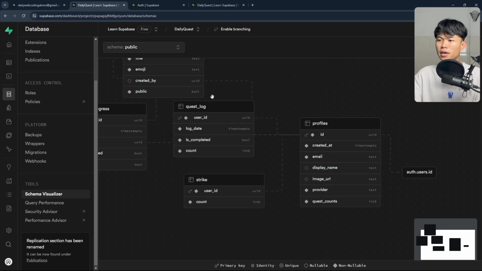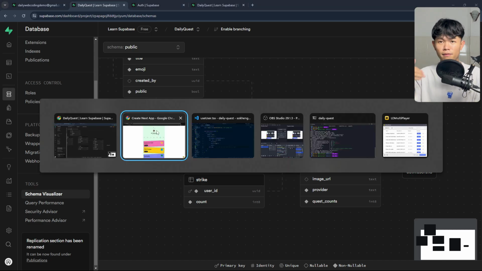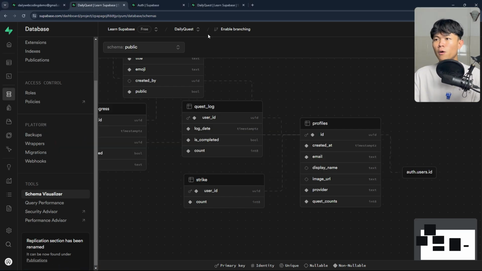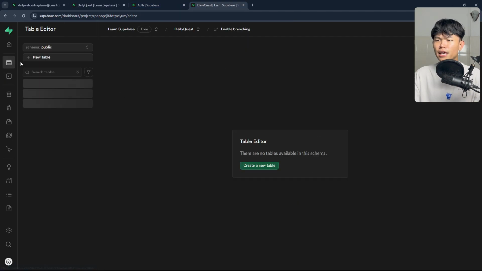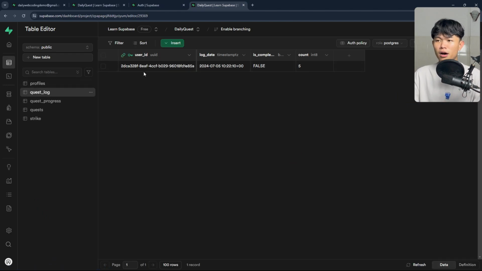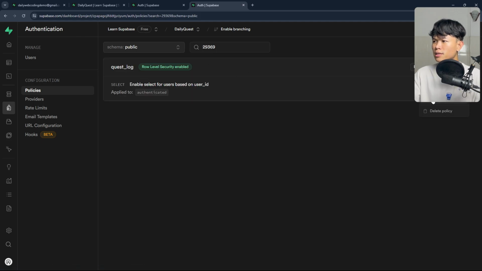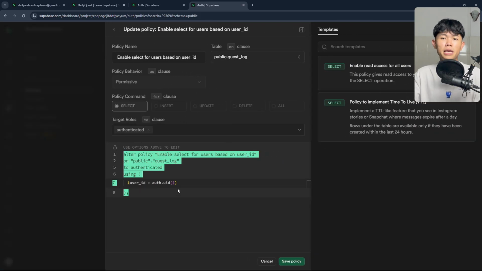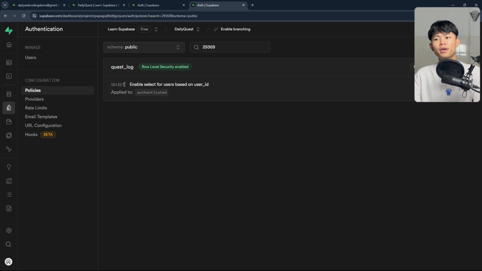Right now, we do not have the functionality to create the quest log just yet. The data that I show you on the screen is basically hardcoded data on the table right here. So I haven't created the functionality to do it yet. And yeah, I think this is really simple. And we have the policy like this one, so that the user is able to read their own log only, so they cannot read other people's logs.